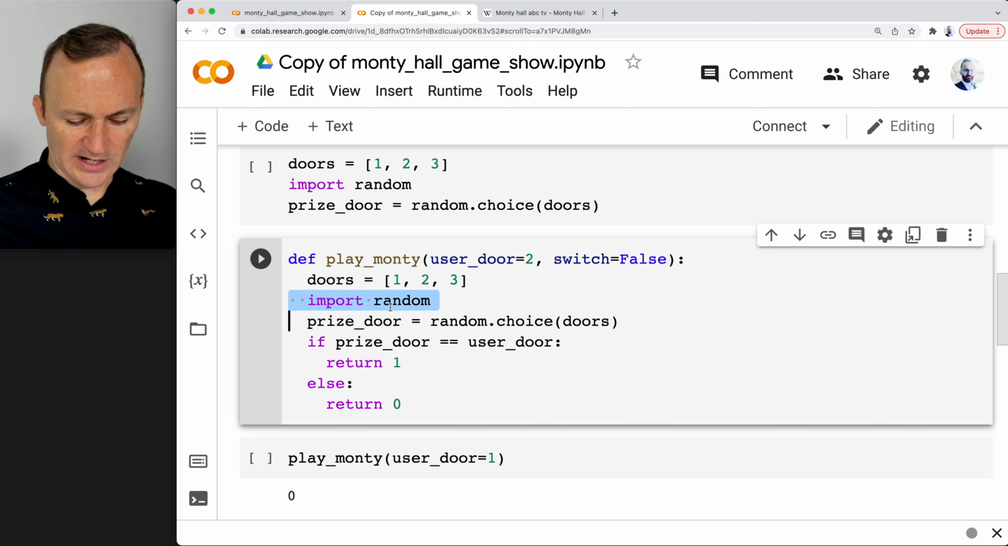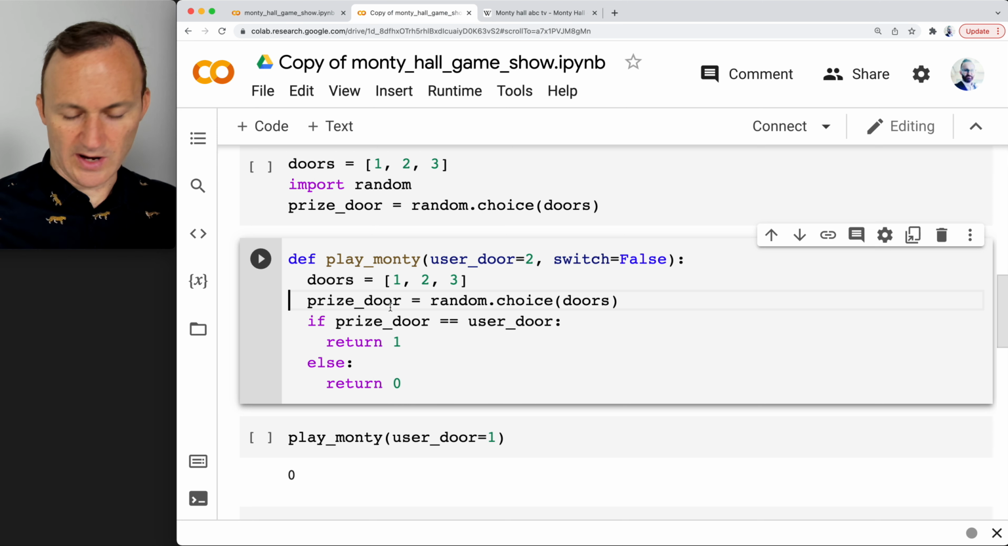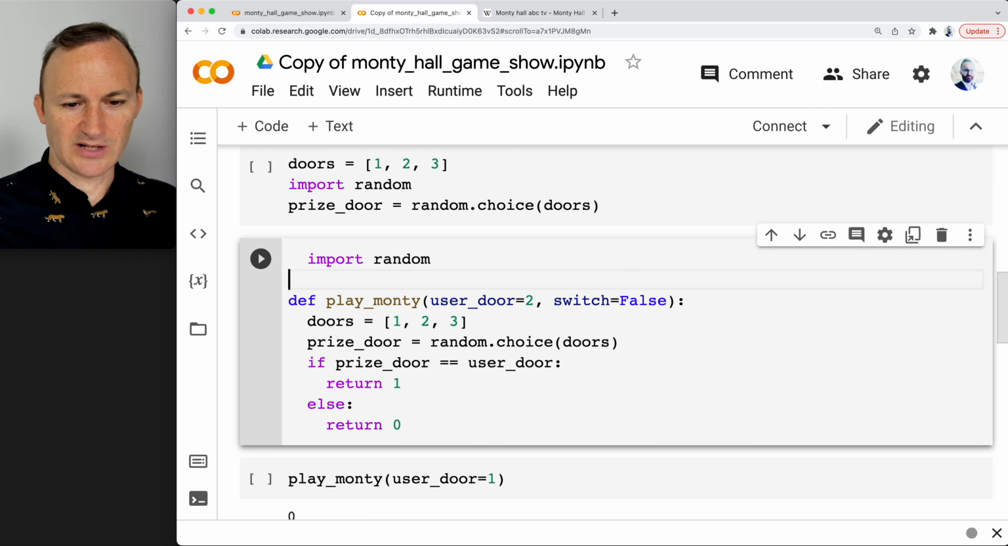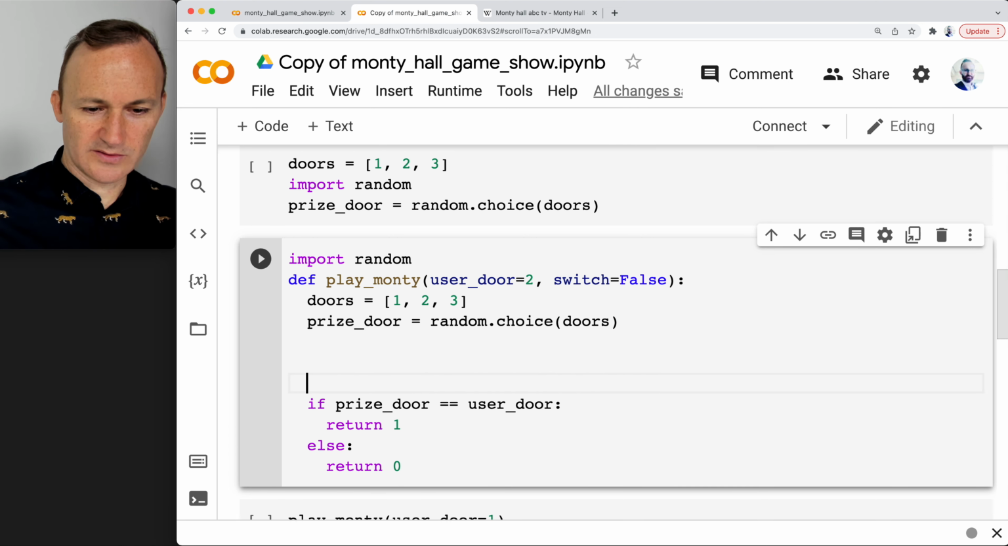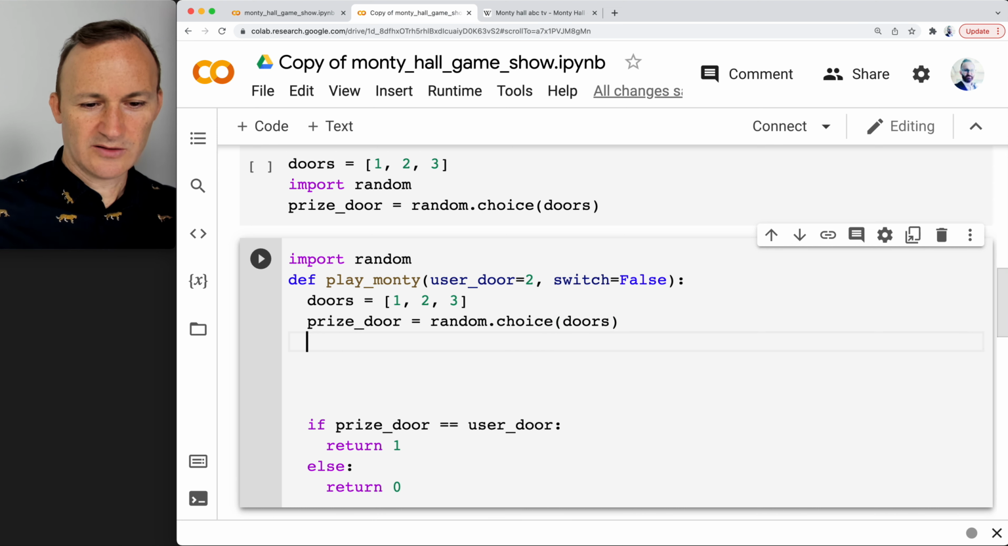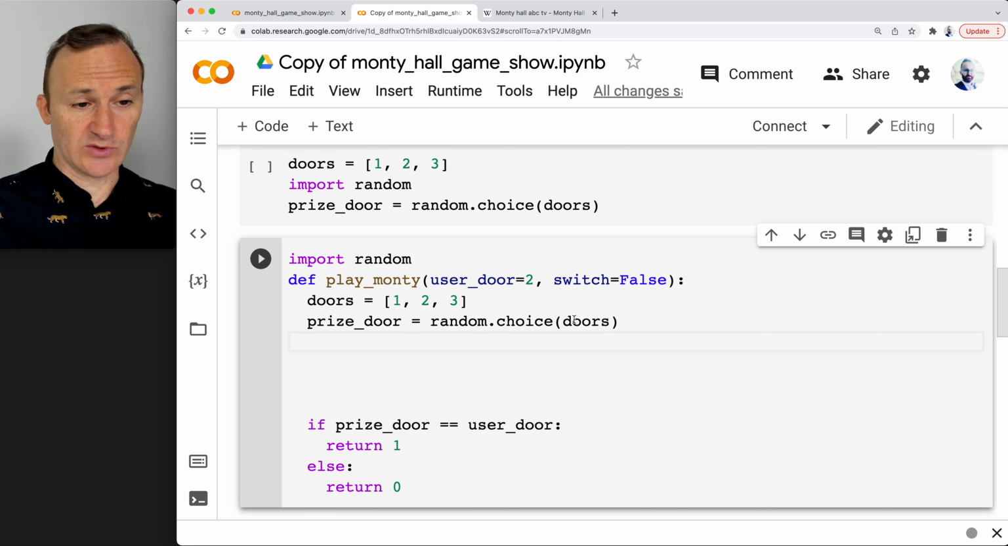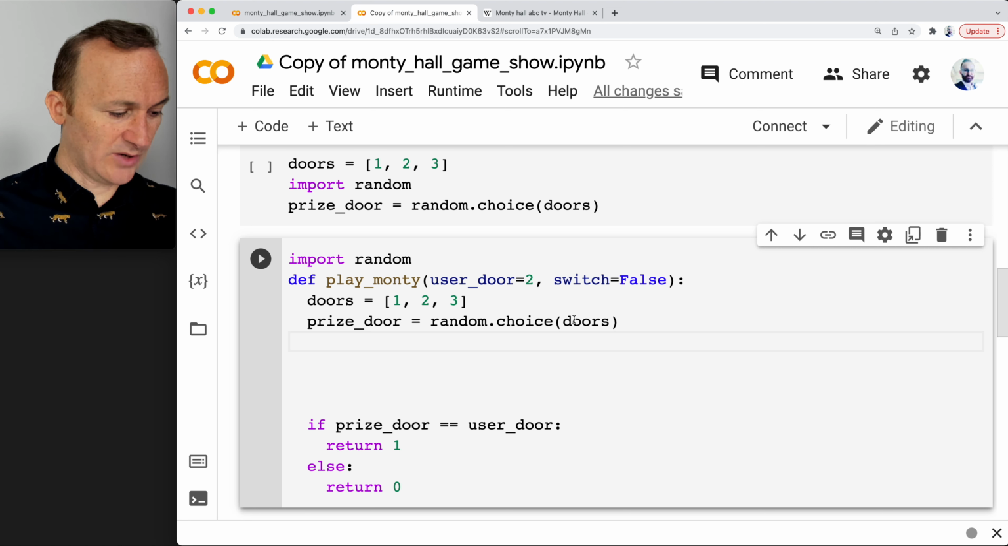When you're defining functions, by the way, you could put your random import up here so it doesn't import it every time. Should make things a little faster. And now, let's do this properly. We've got to give the switch option. What I'm going to try to do is find the door that the user can in fact switch to. So the way I can do that is I can first of all